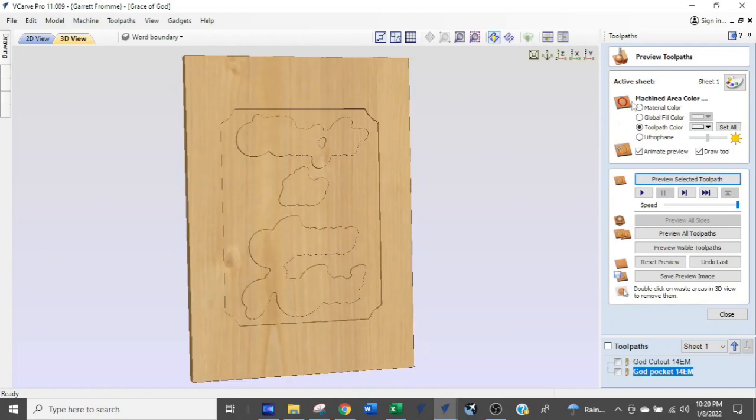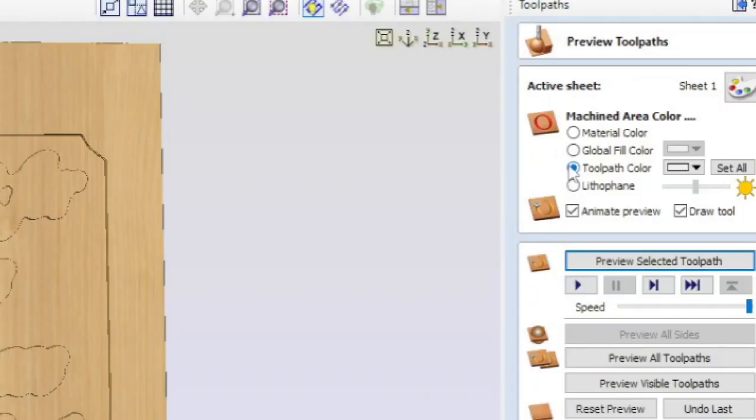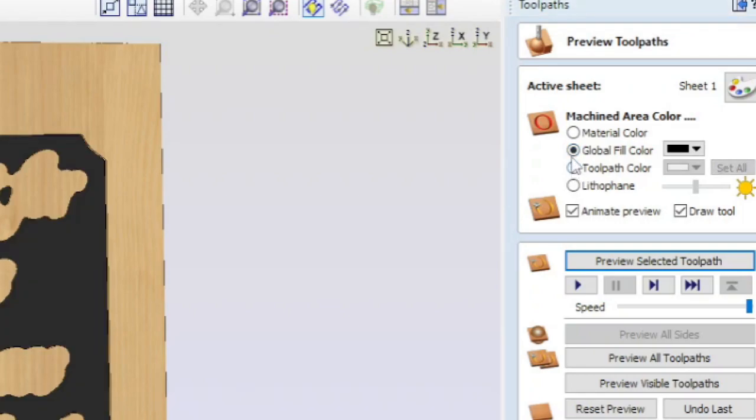So what we're going to do is come up here in the top, and you see you get these radio buttons here. These are what they're called. It's when you select one, the other one turns off. And you notice right now what happened. I just got some color. We went to the global fill color